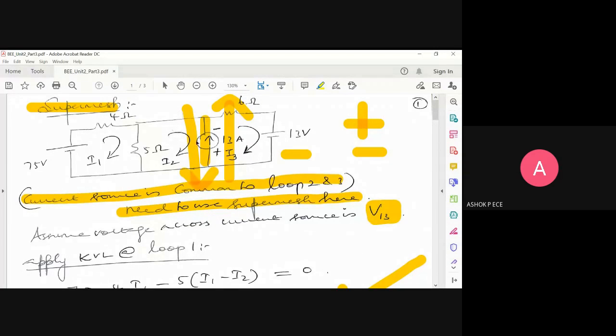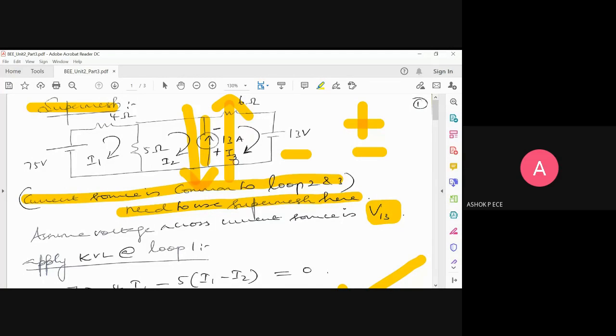See, in loop 2, I2 is flowing from top to bottom. In loop 3, I3 is flowing from bottom to top. See the current source direction and which current direction is the same. The 13 amp current direction and I3 direction are the same, which means I3 is dominating. Effectively, you have to subtract. How to subtract? Whether it is I3 minus I2 or I2 minus I3 depends on the current source direction. The current source and I3 are in the same direction, so first you write I3, then minus I2. That is the meaning. It's just like 5 amperes current is going out, 2 amperes current is coming in. So effectively, how much is going out? 3 amperes only going out, right? The same logic here.